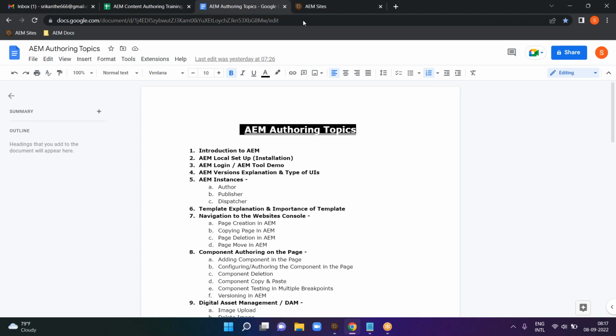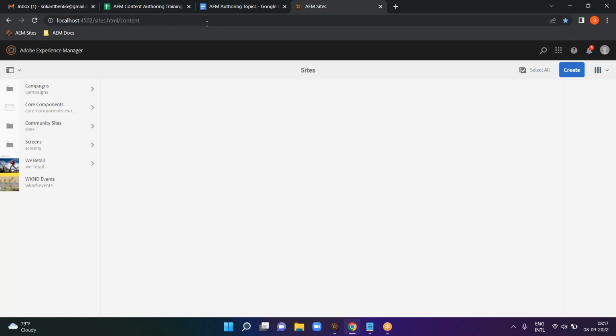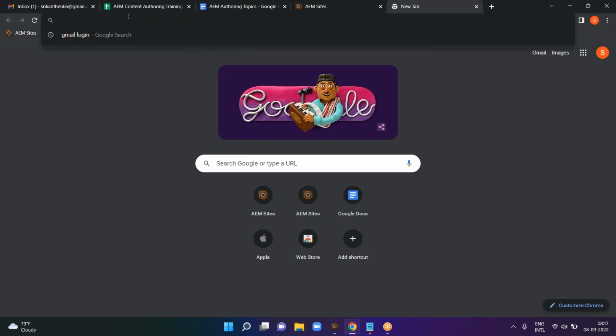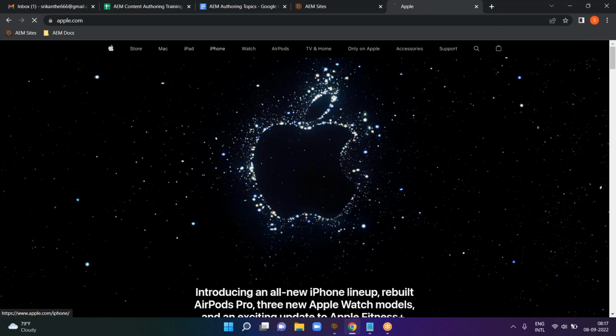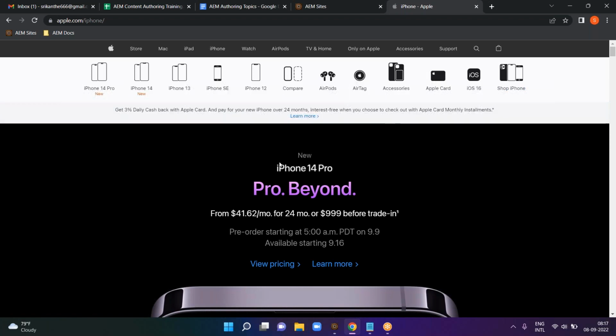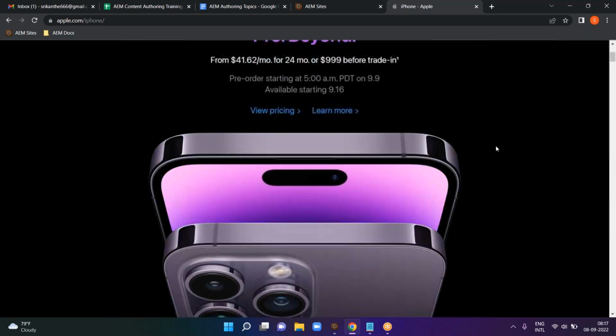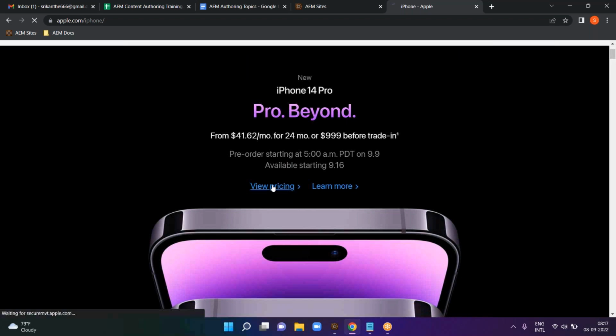In AEM you will just author the pages. But if you take any website, let's take an example of one website. Let's go to apple.com. If you go to iPhones, everything you're seeing here is authorable, authored on the AEM itself. But when I was saying about third-party integration, if you just go to view pricing